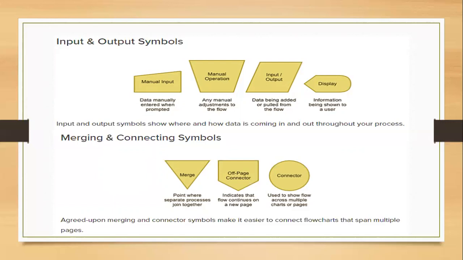Once the processes are done, we have to combine all these processes and get output at a single time. That will be done with the help of the merging symbol. Let us suppose there are two separate processes, P1 and P2, and we want to treat them as a single process, P3. P3 gets input from both P1 and P2, and the output from P3 is a single one. We can say two to one.